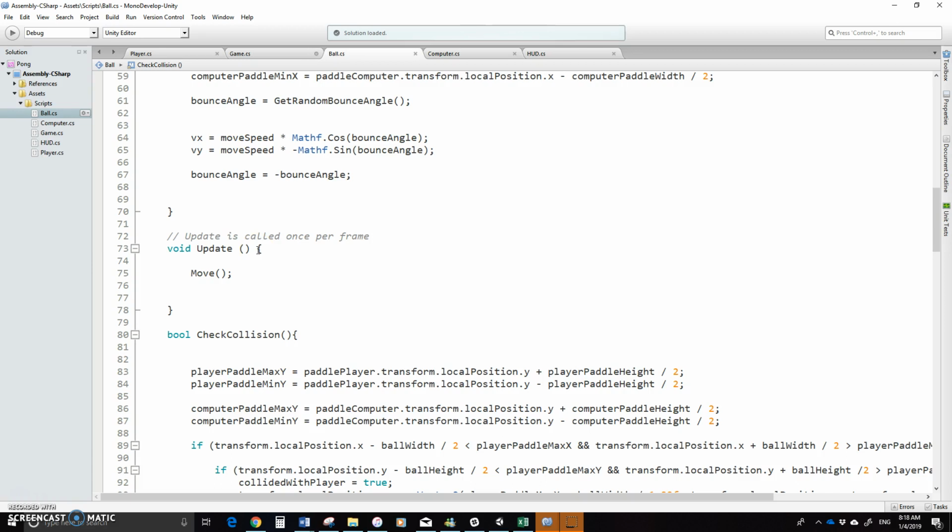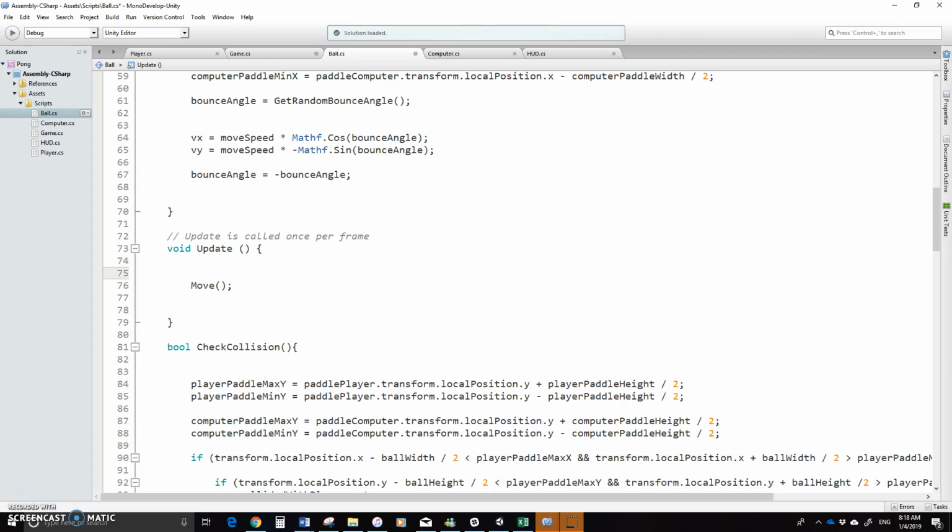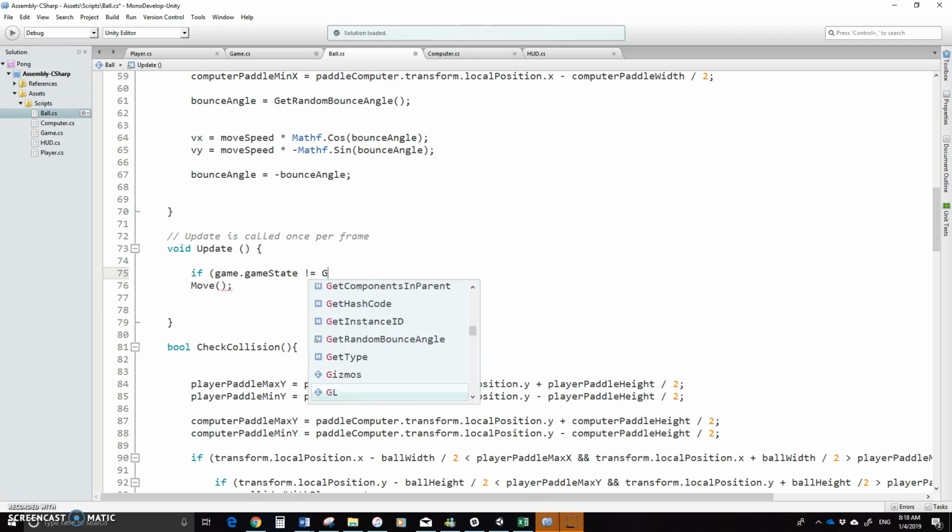Obviously, we don't want the ball moving all the time. So I'm going to have to create a couple of references in a second, but basically in the update here, if the game dot, whoops, it will show red here for a second, game state does not equal playing, right? We don't want the ball to move. So game dot,